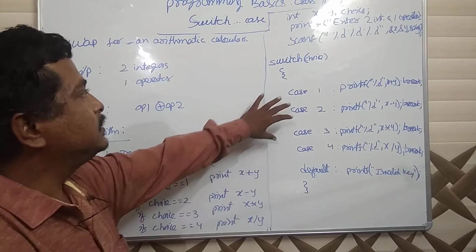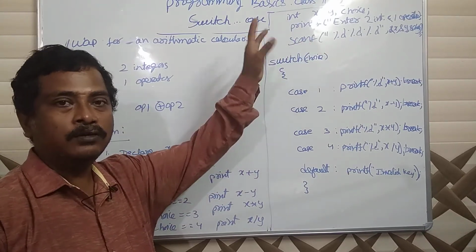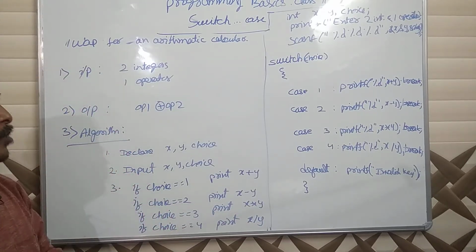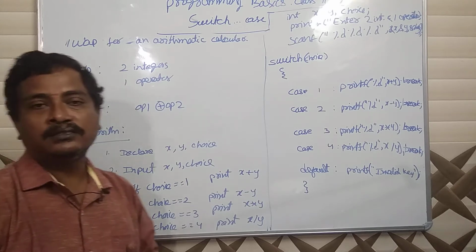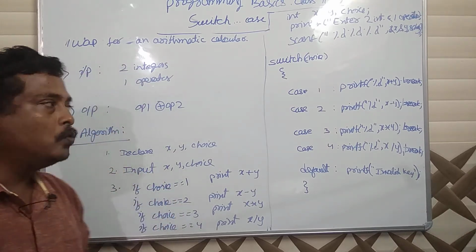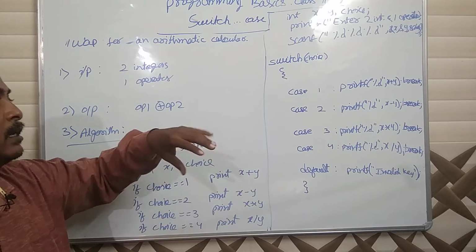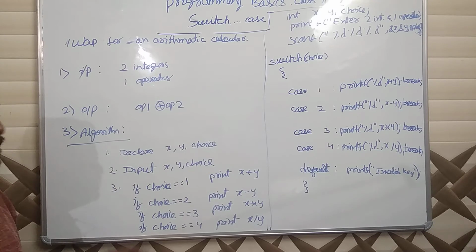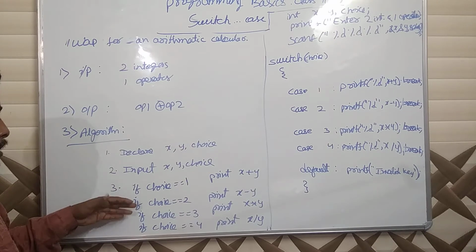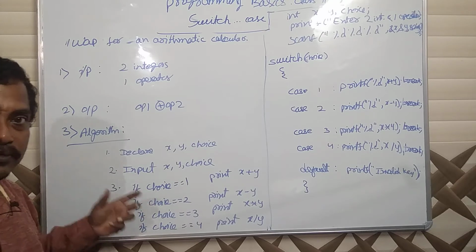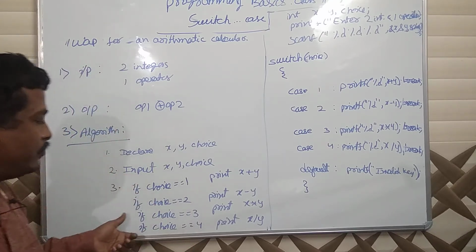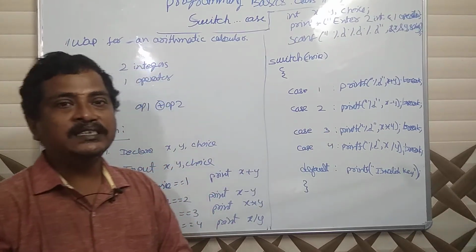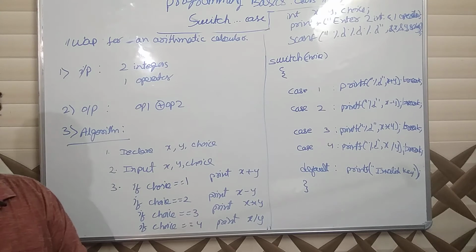Now, it is a C program, so put it in void main, include stdio.h, void main, opening curly bracket, closing curly bracket. So the motto of the entire concept is that switch case is to be used whenever there are multiple choices. I can use if statements also, but it is not feasible if suppose 100 choices are there. Why take 100 if else statements? For that reason it will be used. Basically it is used in menu driven programs.